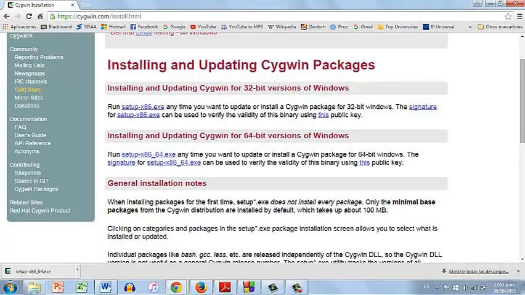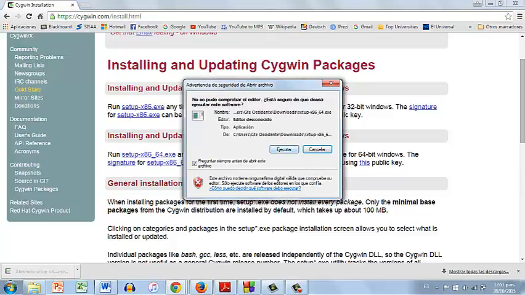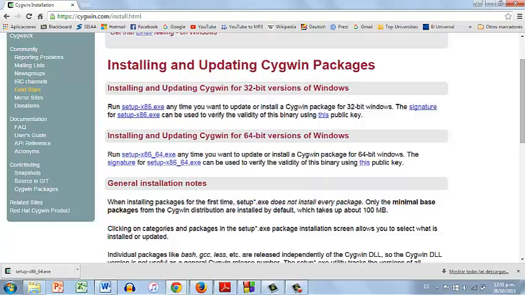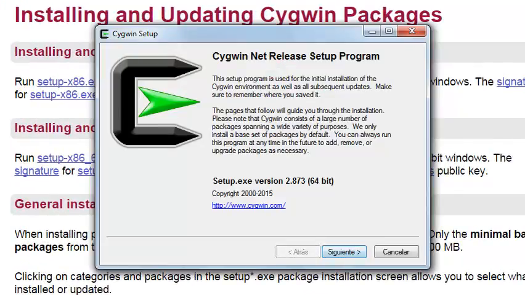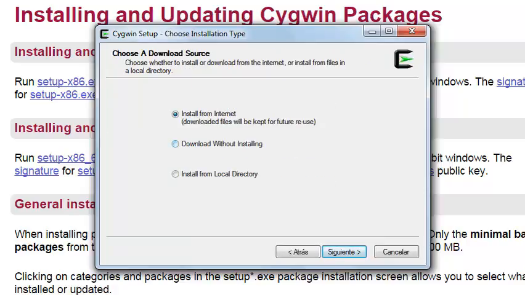Alright, so with the power of editing we have sped up the process. And we have right here our installer, our executable file. Yes, do execute please. And it's gonna show us the instructions we need to install Cygwin. Alright, click next. Install from the internet. Yes, if it's your first time installing, do download from the internet. And it's also pretty important because the download files will be kept for reuse in the future in case you somehow lose it. Or you can download without installing, but then that's pretty lame. So yeah, install from the